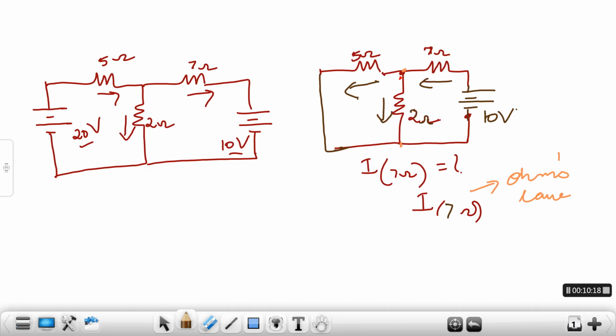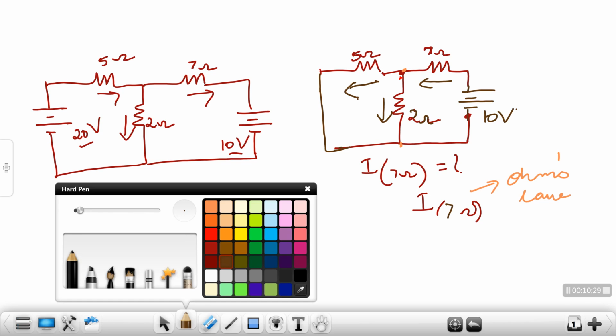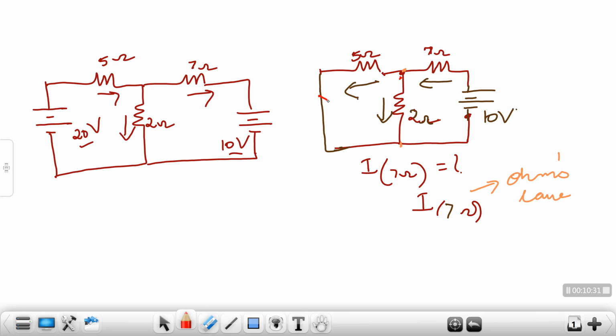So let us discuss. Now this is the circuit in the second case. We have kept the second source, which is my 10 volt source, and removed the first one of 20 volts. My 20 volts was connected over here. I have removed it. If you notice, I placed a wire. It's because, since it's a voltage source, I have shorted it. Now with this circuit, my job is to find the current in the 7 ohms with this source present